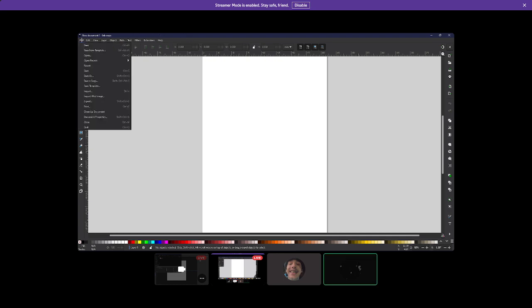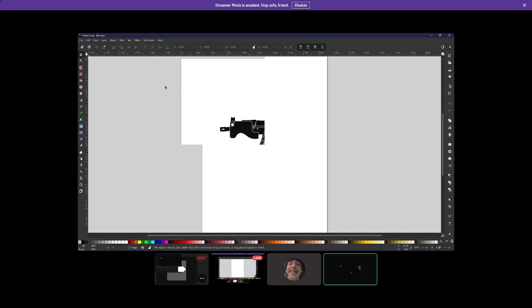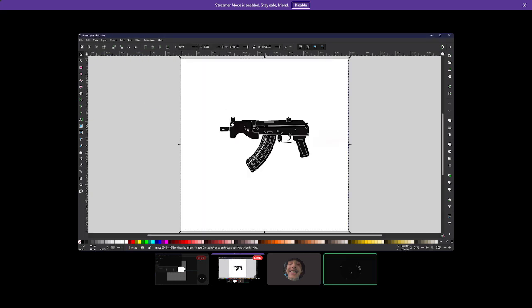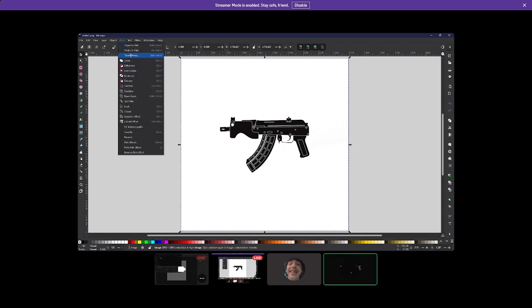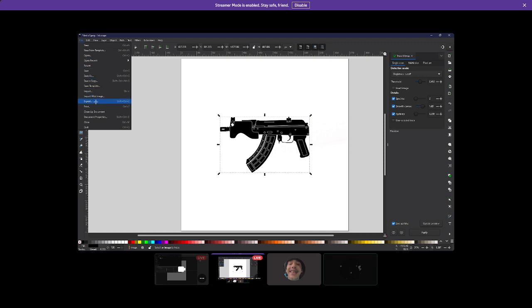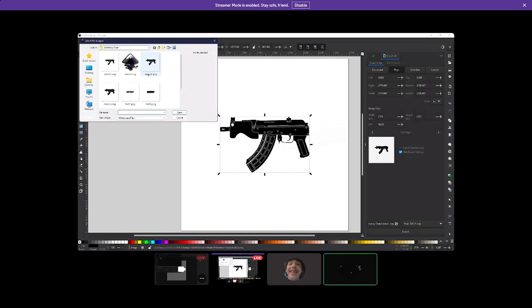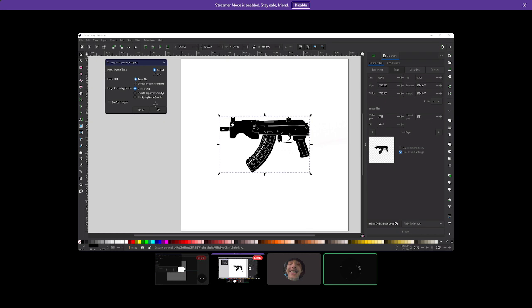Now that Inkscape's opened up, click on File, Open. Find your folder that you put everything in, the whiteboard chain. And then start clicking on the PNGs. You want to click on it. Path, Trace Bitmap. Bottom right, click Apply. And then File, Export. And then you want to click on SVG and export. Then you want to keep doing that same process for all the other